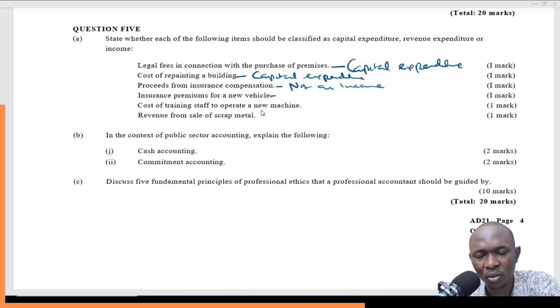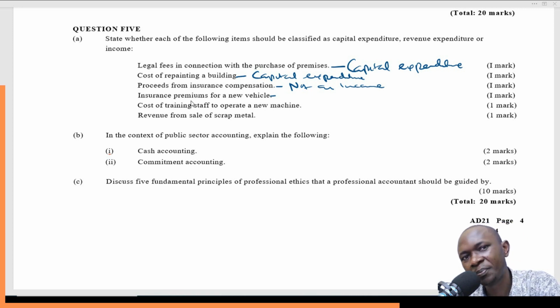That first insurance is meant to ensure that the vehicle goes on road. So without the first insurance, the vehicle will not be in a condition to run. I hope we are clear on that. So, insurance premium for a new vehicle. The fact that we are talking about a new vehicle, we are simply saying that this insurance premium is meant to put this new vehicle in an operating condition, to start operations. So in such a case, we can capitalize this, but the first insurance only.